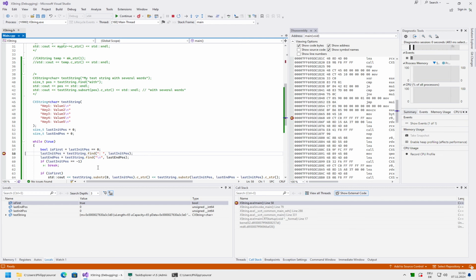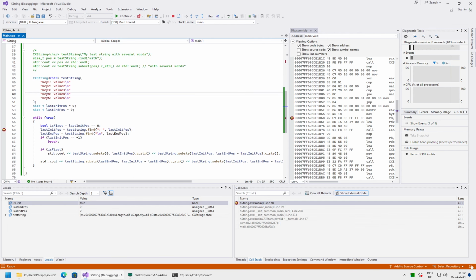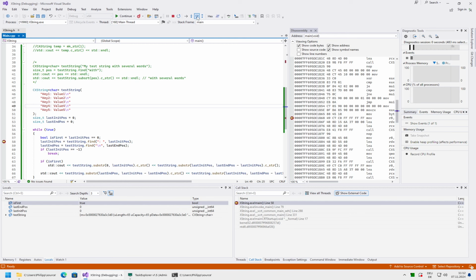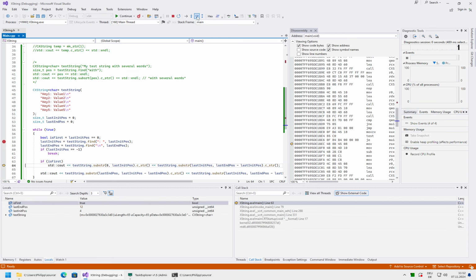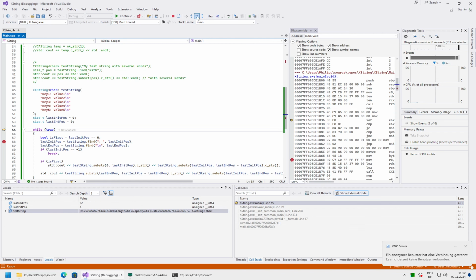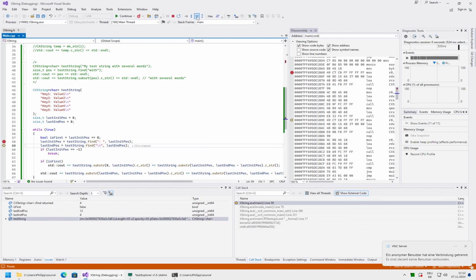You can see the values in the lower panel. Let's see. So we start, we get the two positions, then we print it.